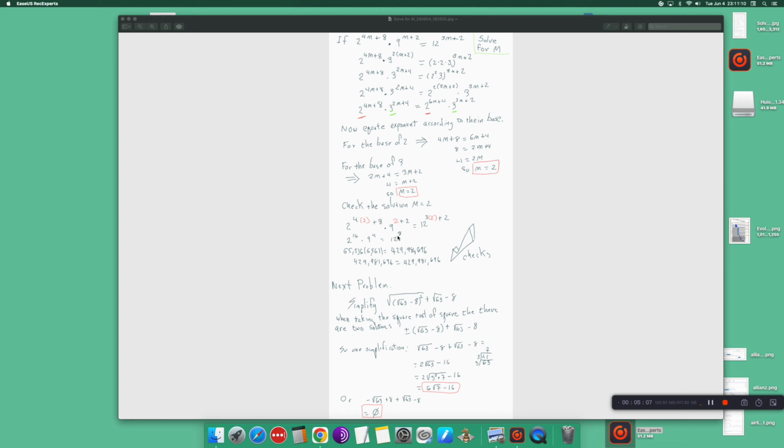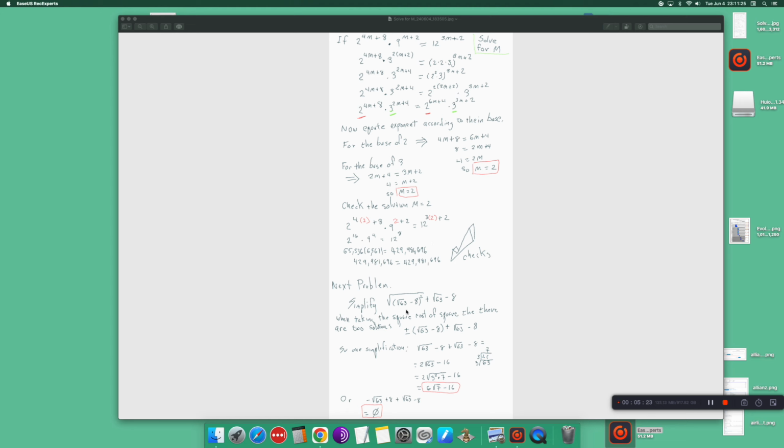And when I sat down and figured it out, 2 to the 16th is 65,536, and 9 to the 4th is 6,561. Multiplied together, you can see you got 4,029,981,696. And when you take 12 to the 8th, you get exactly the same. So I got this check mark, which means that checks. Okay? And then the third problem, we have this